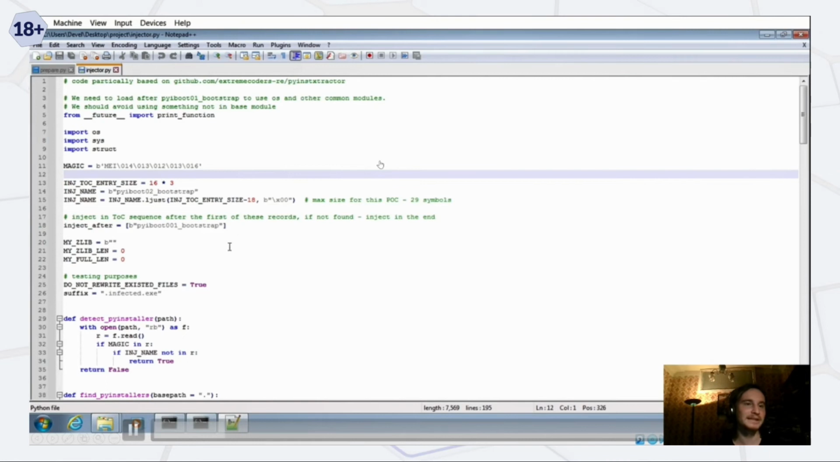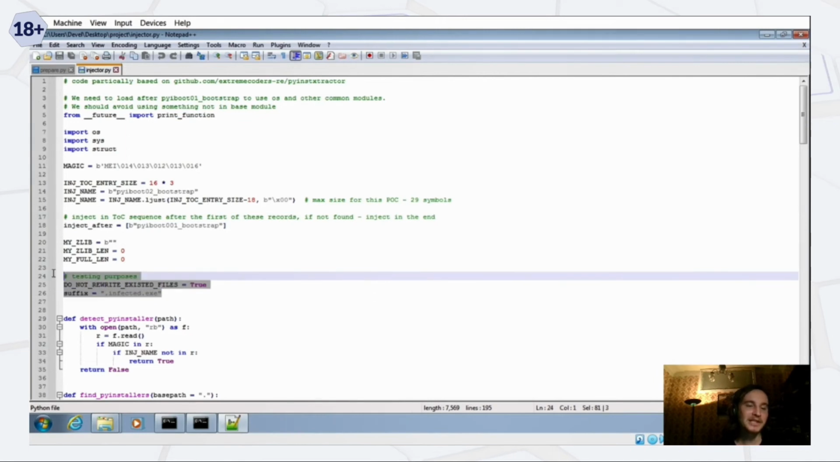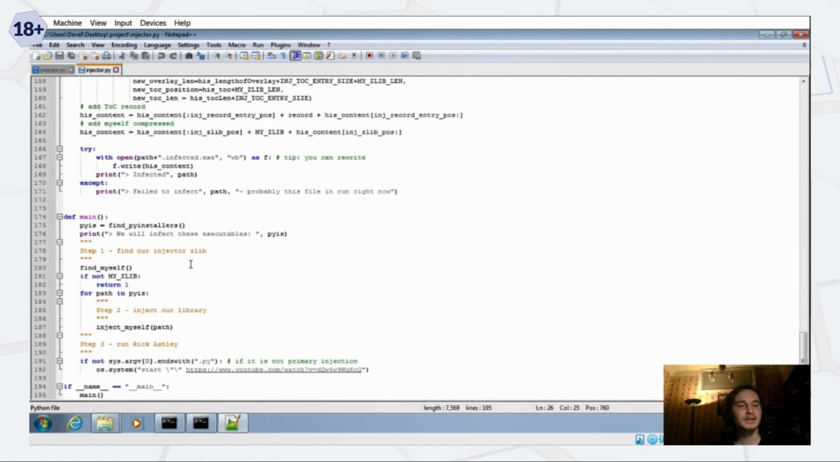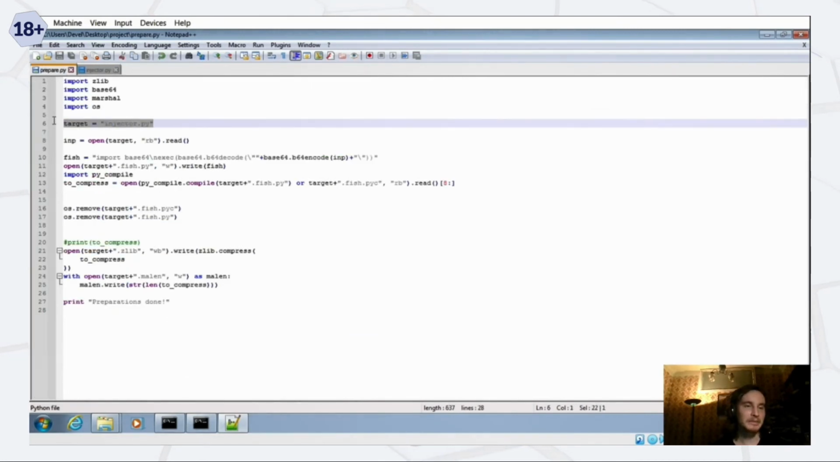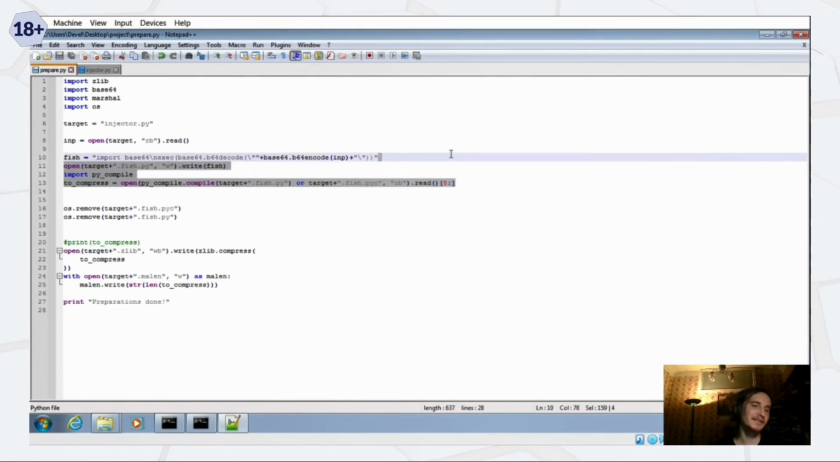Right, so here is our injector, inject after. Additionally, we can either rewrite the already existing files or put them next to the previous one with the .infected suffix. And our main task is to find, infect, and launch Rick Astley. We need to